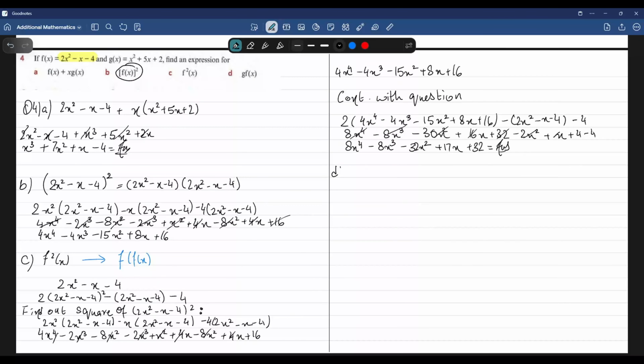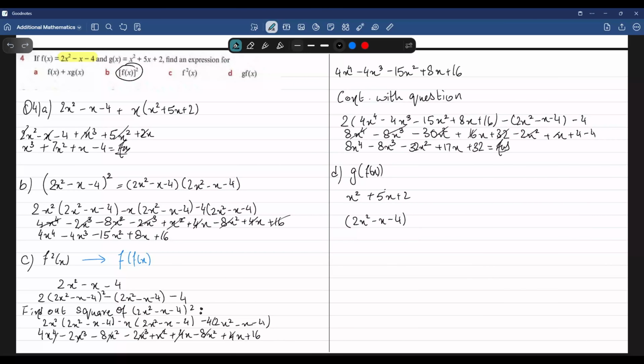C. For part D, we are going to just say g(f(x)), which would mean, as in the previous exercise we discussed, we input f(x) into g(x). So we already know g(x). Write down g(x): x squared plus 5x plus 2. Now we input f(x) into this. So we know f(x) is 2x squared minus x minus 4. So instead of x squared, I'm going to write 2x squared minus x minus 4,